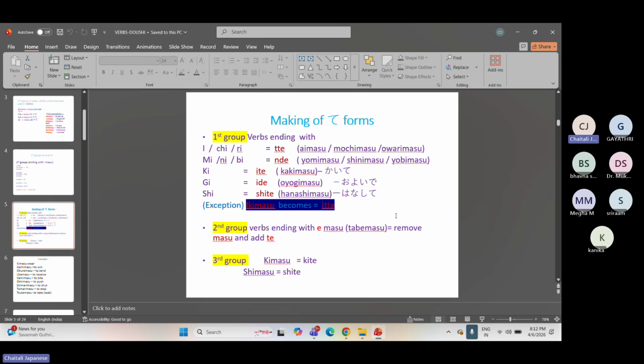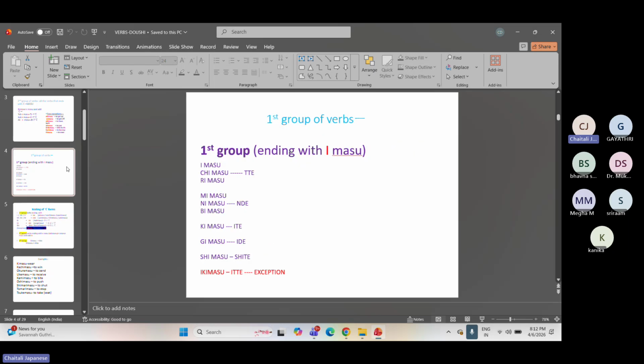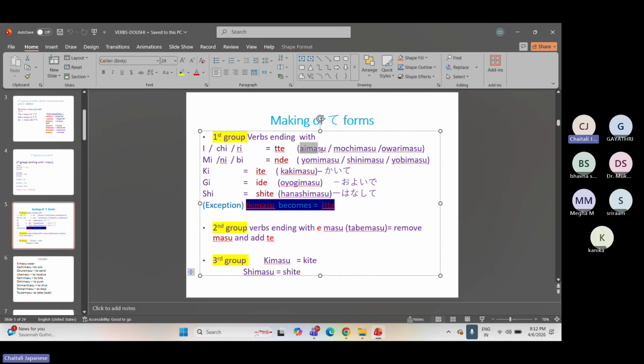Okay. And then the last group you have, that is your group one. Now, in group one, what you are supposed to do is look at the entire verb. For example, look at this imas here. You are removing mas, so mas is not going to play any major role in changing to your te form. Anyway, you are going to remove mas, and we are only going to concentrate on i here. Now, wherever you have i, chi or ri in your verb,